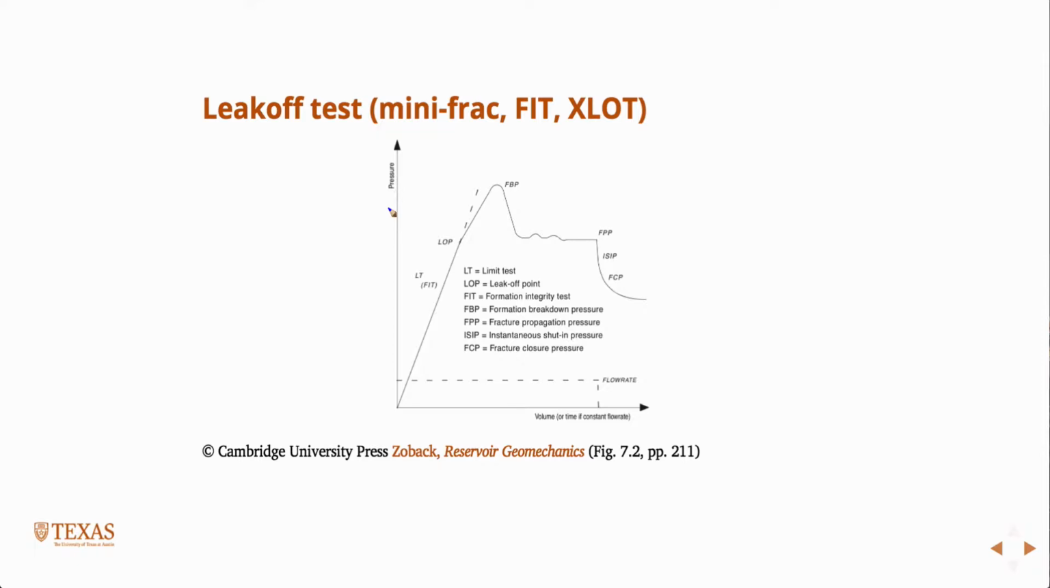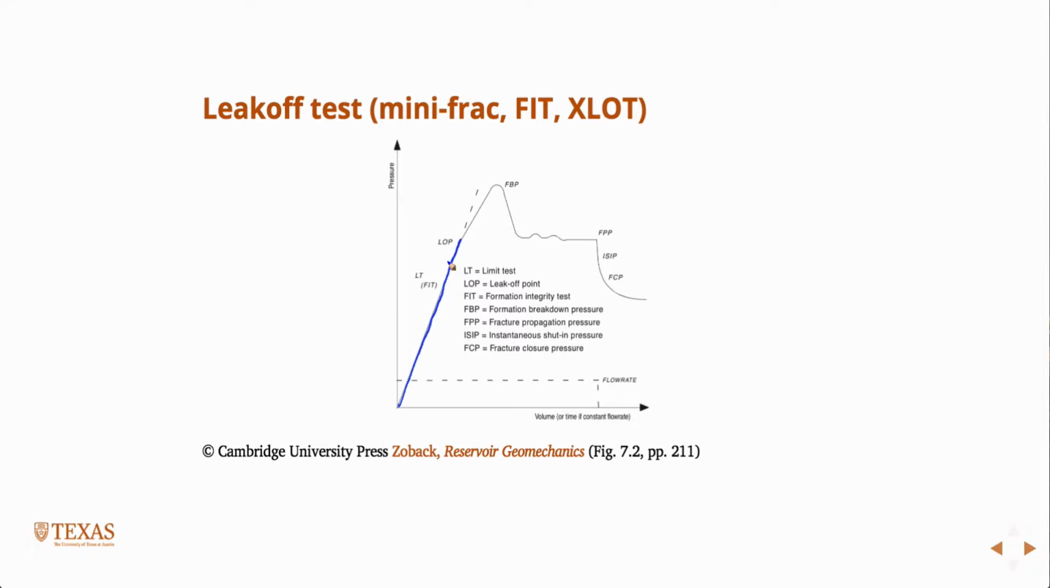So these tests are often better done if you can measure them downhole, the pressure downhole. They're more accurate, but as it's drawn here, this would be considered a surface measurement. So if you flow at a constant rate, what you'll see is the pressure will increase linearly. And if you never see a deviation from that linearity, and you just stop the test, that would be what we would call